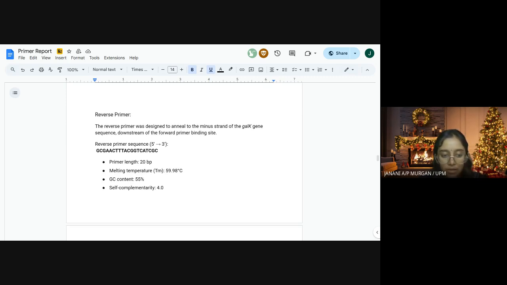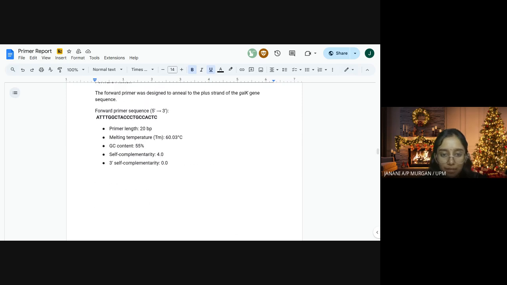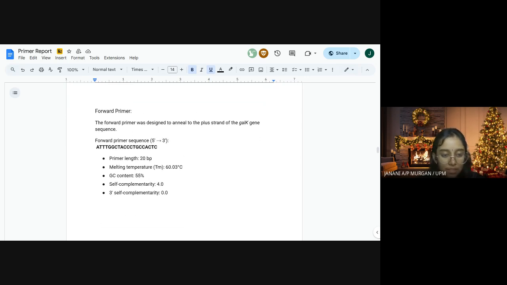Both primers are 20 base pairs long, which is ideal for achieving high specificity without compromising amplification efficiency. Each primer has a GC content of 55%, which falls within the recommended range for stable primer-template binding. A key advantage of this primer pair is their closely matched melting temperature. The forward primer has a melting temperature of